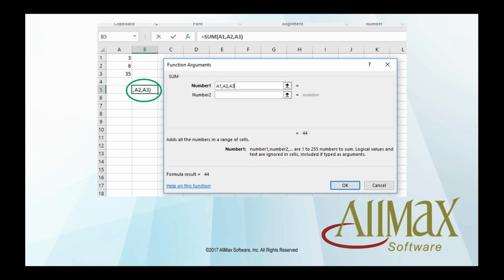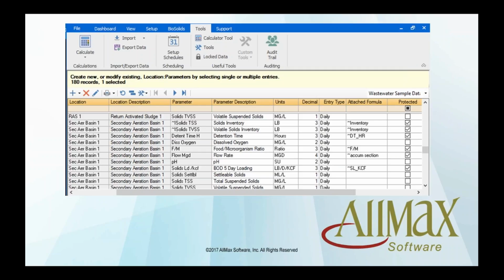So the value will be stored here, in this case in B5. So we will end up giving the total of those values. Now, in Operator 10 and Synexus, since we do not attach it to a cell, we are actually attaching it to a location parameter. This is done when you go into setup, look at the location parameter and the setup of the data view, and you can actually attach a formula